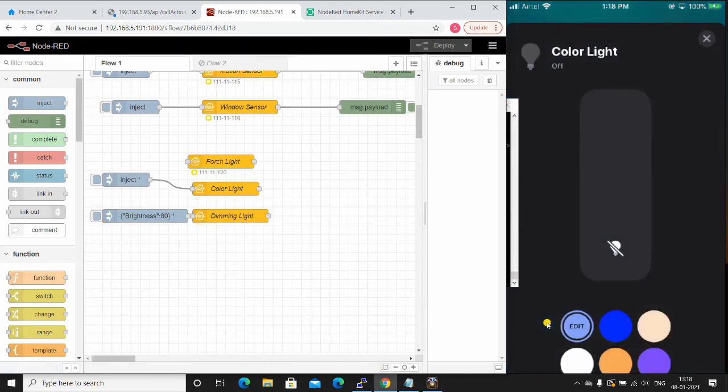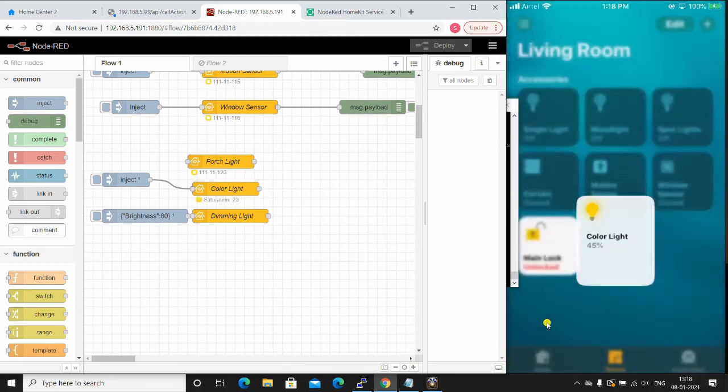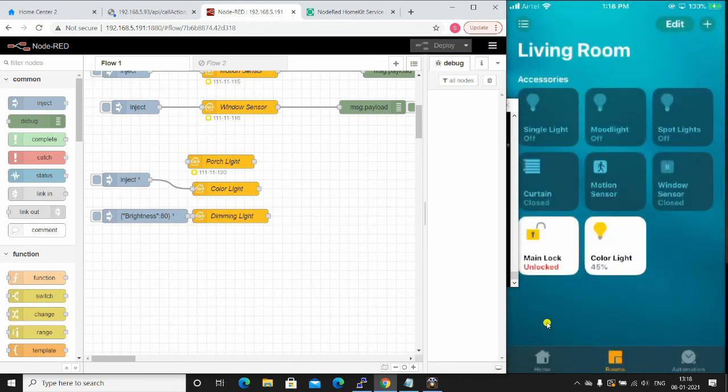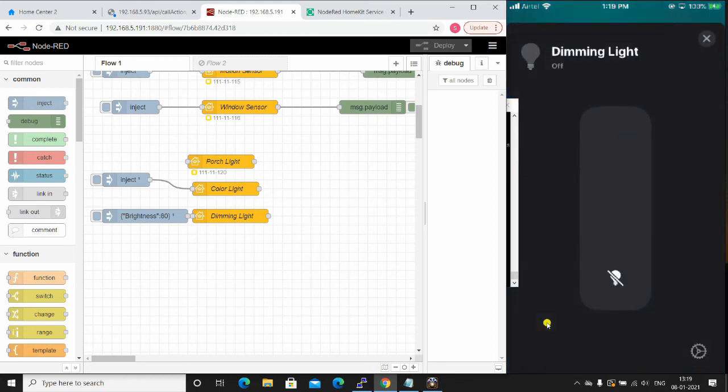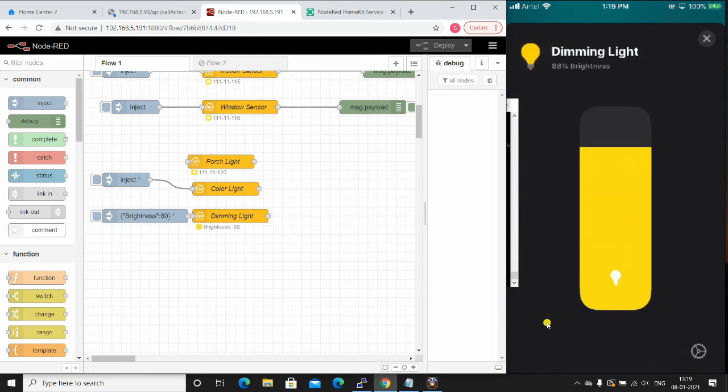Cool, now we've got the color light interface. It gives me a lot of different possible combinations for my color light. And the dimming light also has a slider now. Great.